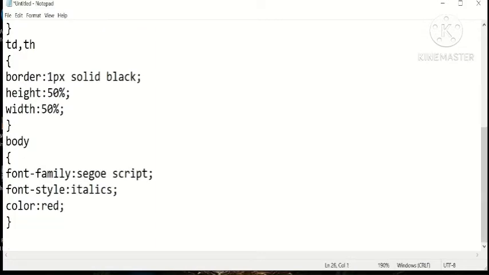In case one of these attributes does not work, it simply means either your spelling is incorrect or you have omitted a semicolon.